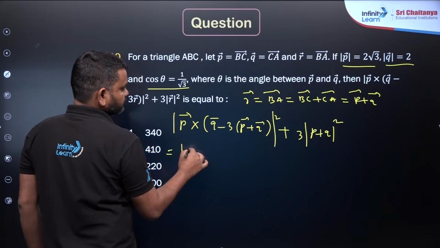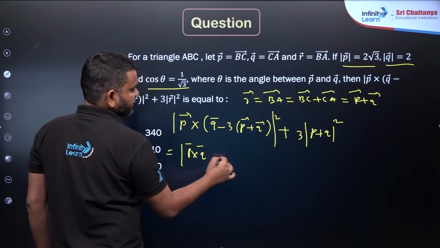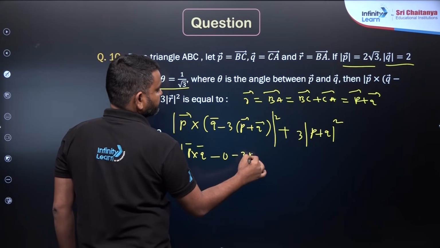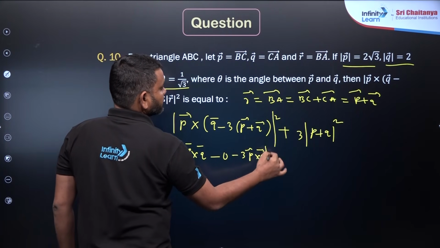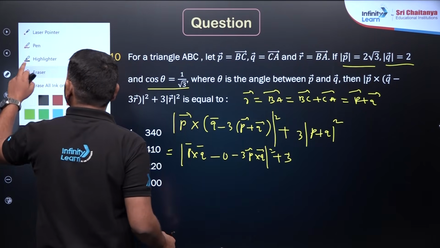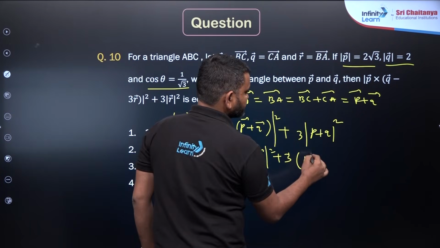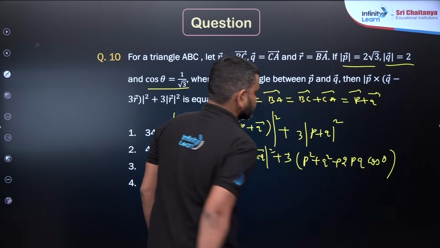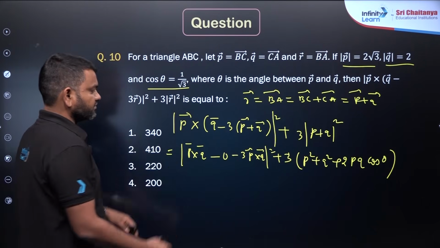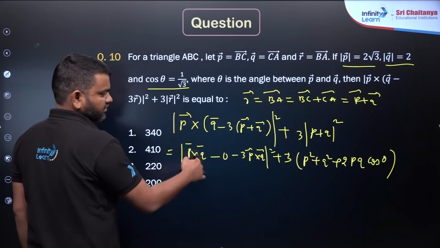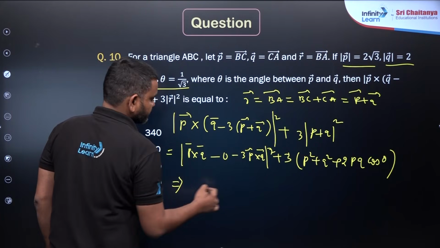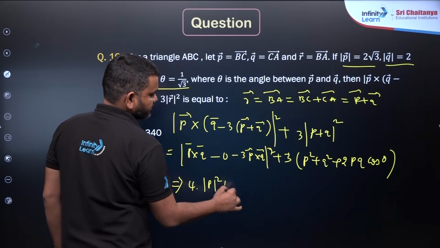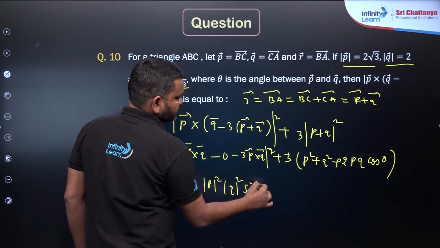Now P cross Q minus 3 into P cross P is 0, minus 3 into PQ, so 3 P cross Q, that square plus, so here I am going to get A plus B whole square, so P square plus Q square plus 2 PQ cos theta I will get, then from here PQ minus PQ minus 2, so squaring it is going to be 4 times of P cross Q square, so this is going to be P square Q square sin square theta,